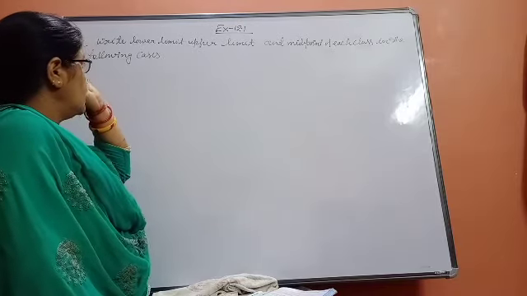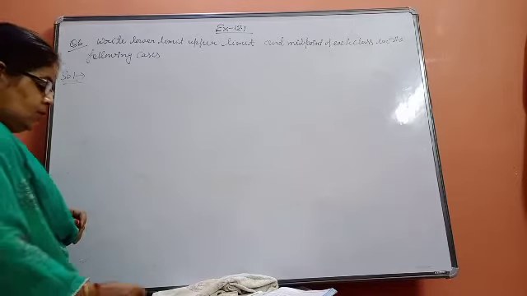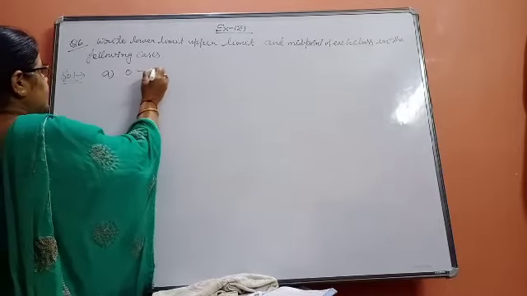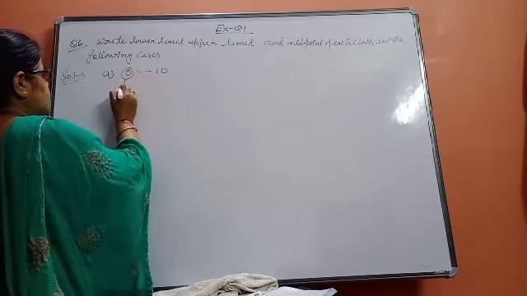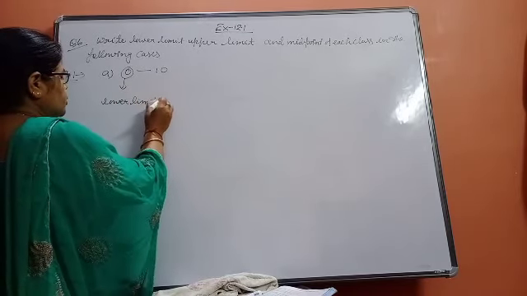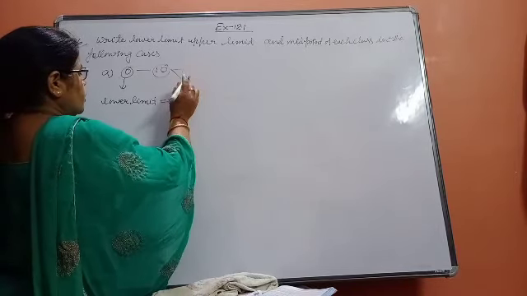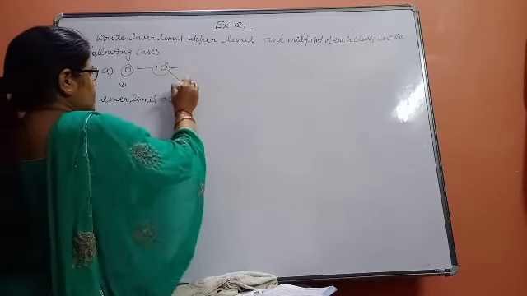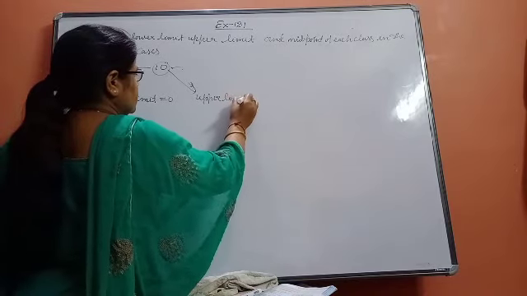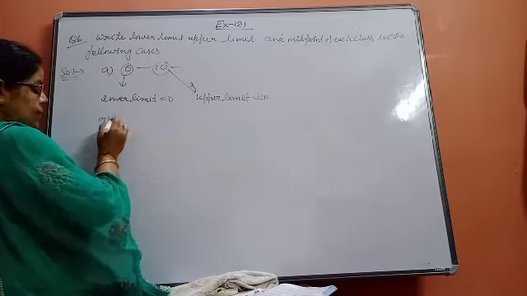Write the lower limit, upper limit and midpoint of each class in the following cases. See, the first part is A, and 0 to 10 is given. I taught you that this will be the lower limit, so lower limit is equal to 0. This is the upper limit. You will not write like that, here I am explaining, that's why I am writing it in this way. Upper limit is equal to 10, and midpoint.